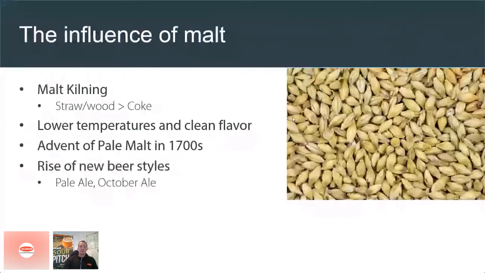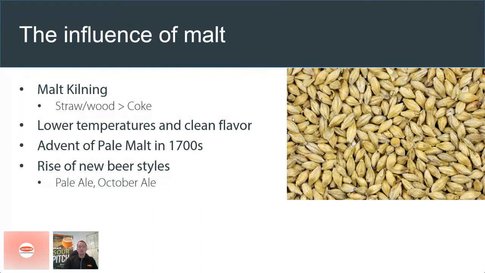So up until the 1700s, we had the malting process, and more specifically the kilning process. So this is the heating of the grain at the end of the germination process. Kilning was largely done with inconsistent and unstable fuel sources. The examples I cite there on the slide are straw and wood. So we have malted barley that would have been, to some extent, relatively inconsistent, certainly from a colour standpoint and certainly from a flavour standpoint. In the 1700s, we start to get the use of coke as a fuel source, and this move